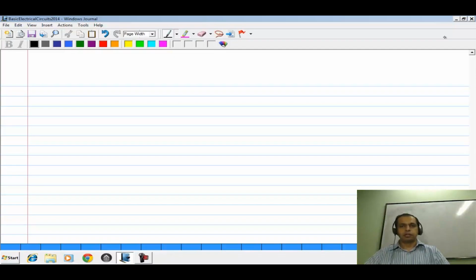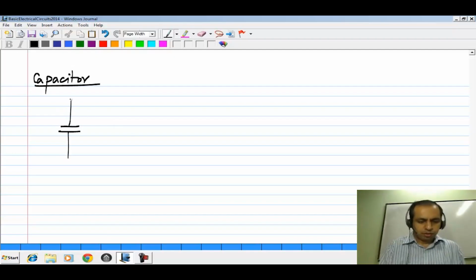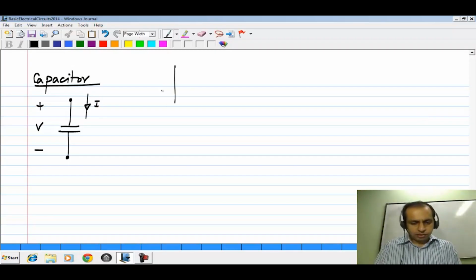The next basic element is a capacitor. And it's given by the symbol. As usual, we define a voltage V and a current I consistent with passive sign convention. I think from basic physics classes, all of you would be familiar with the prototype structure of a capacitor, which